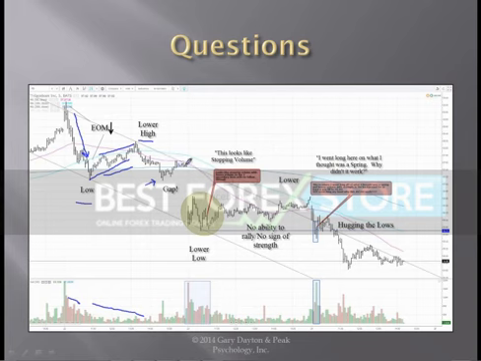Then the next day, I'm assuming this is the next day here, we gap open. Well, boy, that would sure widen my eyes. We've got a downtrend in the offing, and now I've got a gap down. I don't know what the daily looks like on this. It'd be interesting to see what the daily chart looked like, and we're going to talk about multiple time frames a little bit later.